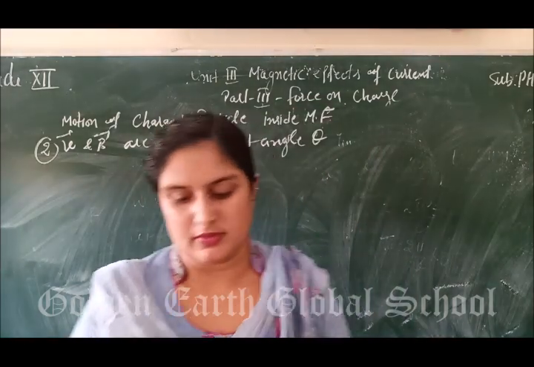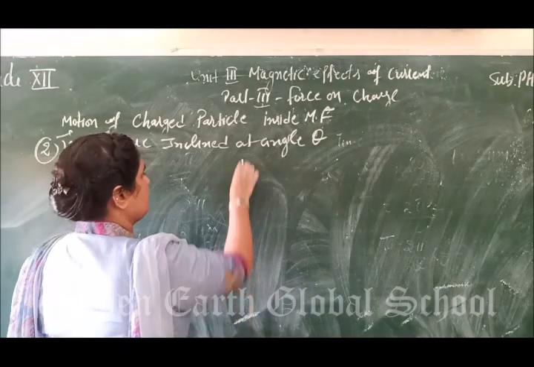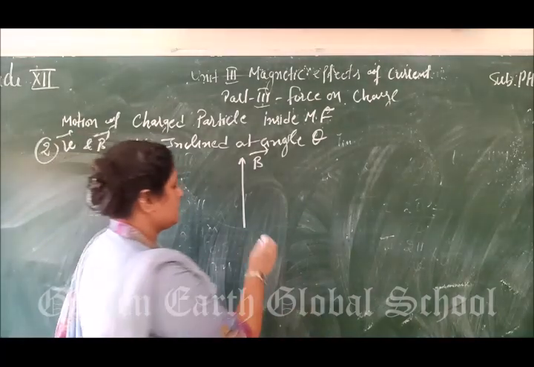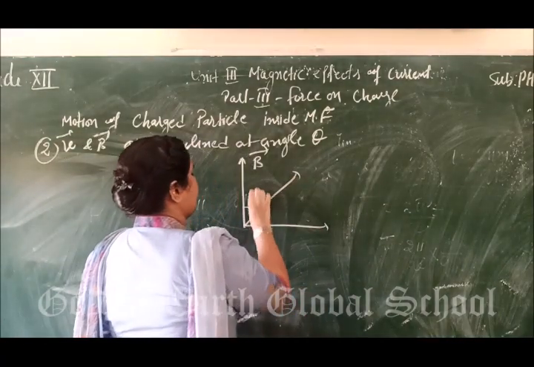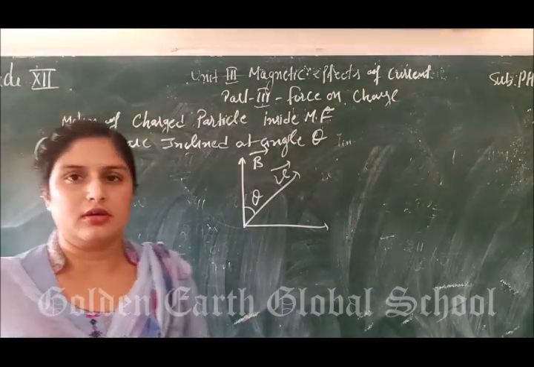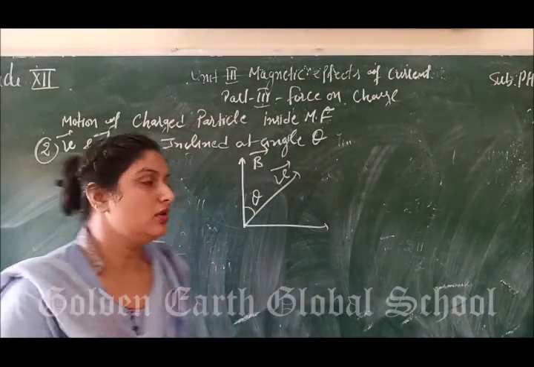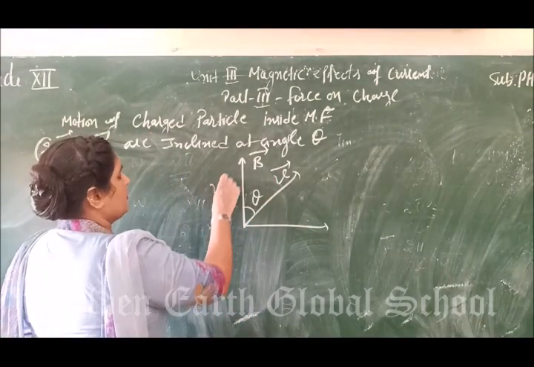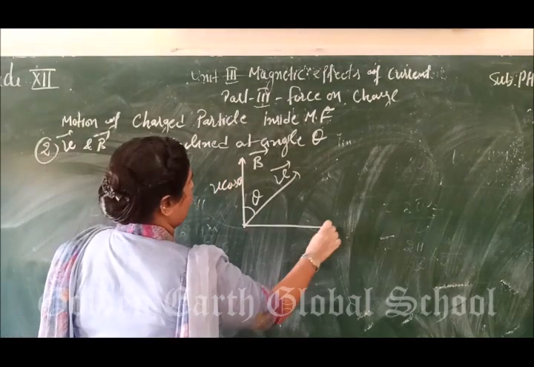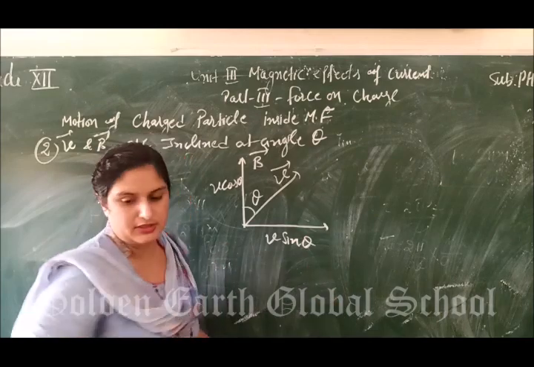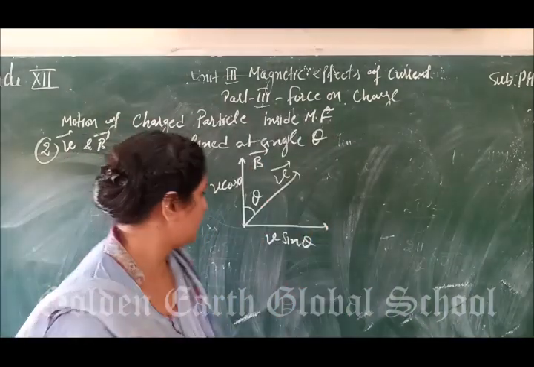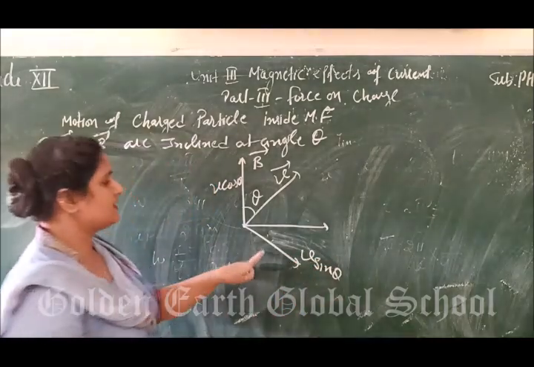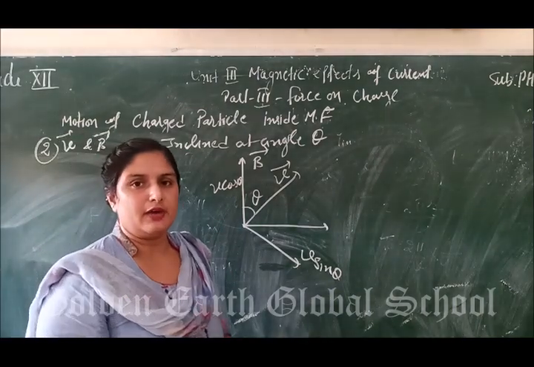In that case, what will happen here? Now let us suppose magnetic field B is acting in this direction and velocity V is acting at an angle theta with respect to the direction of the magnetic field. So we can resolve the component of V. V cos theta will act along the magnetic field and this will be the V sin theta, in this direction. Now V sin theta is perpendicular to the magnetic field and we have already proved in the last case,